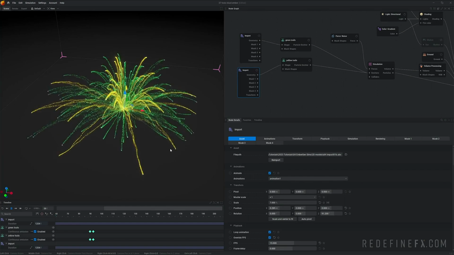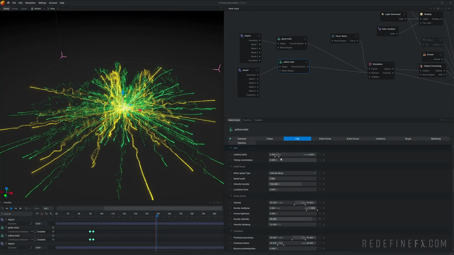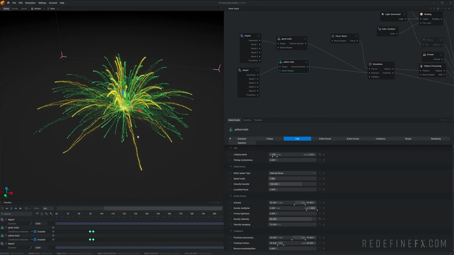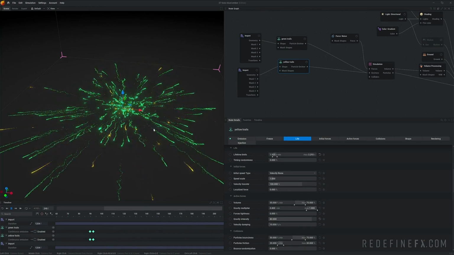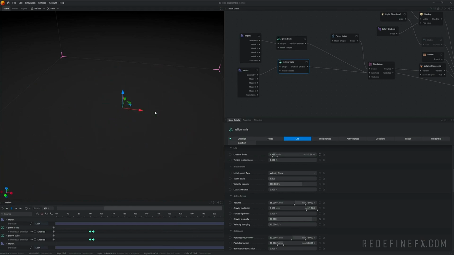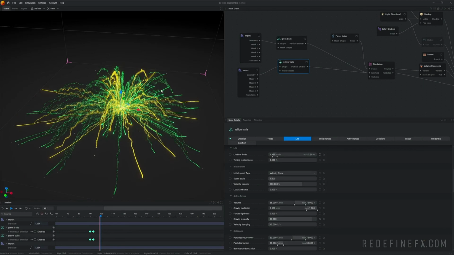Now, of course, the beauty of having it in two different nodes is that we can have the yellow particles maybe die sooner. So I can go to life and just kill them a bit sooner. So just move the range to maybe 2 to 3.5. And now the yellow trails will start dying off sooner than the green trails, which makes for a more gradual, nice look for everything. So this is enough for this video, and in the next one we're gonna start adding